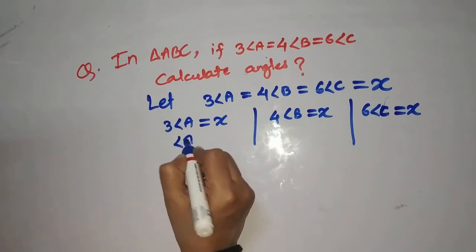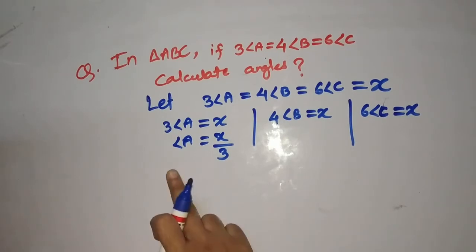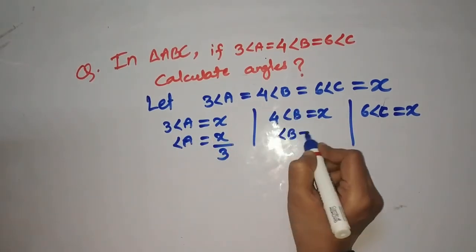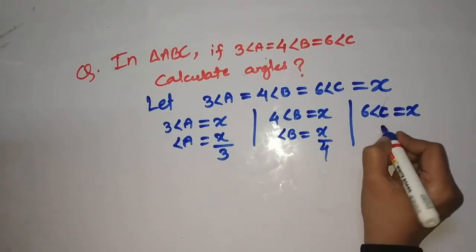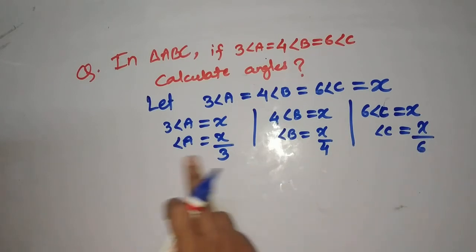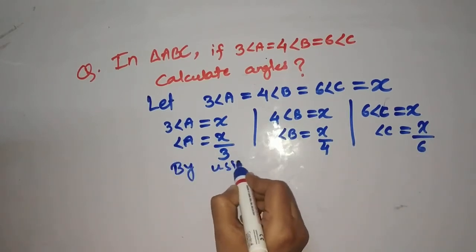So angle A we can get as x by 3. So here angle A is x by 3, the 3 will go to the denominator. In the same way, angle B is what? x by 4. And angle C is what? x by 6. So we get the values. Now by using angle sum property,